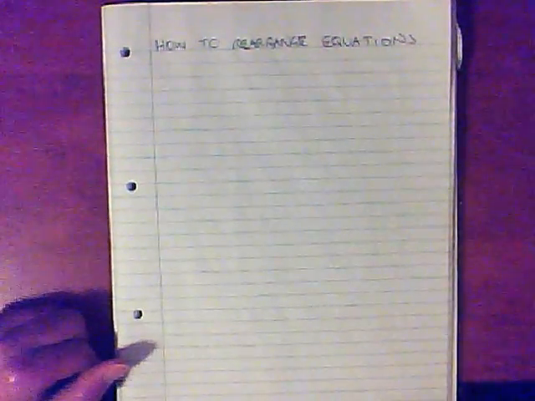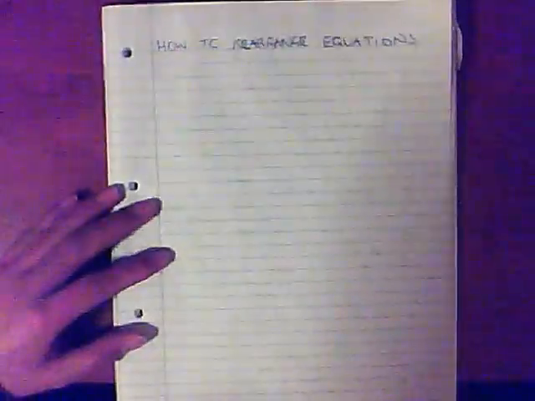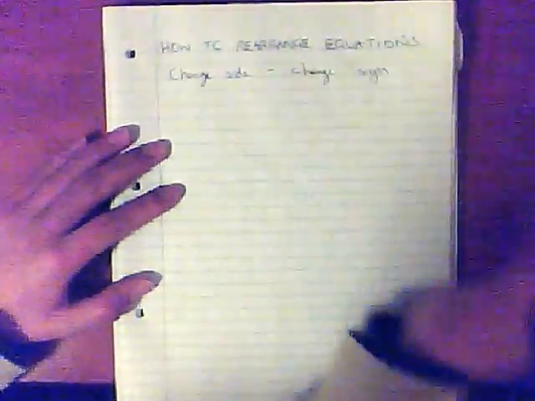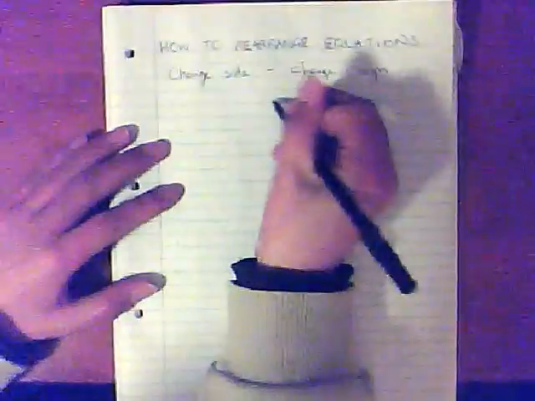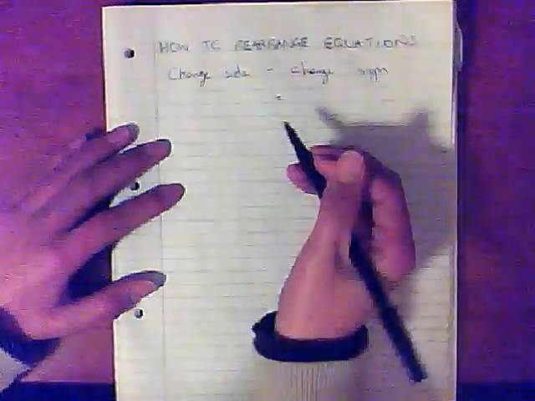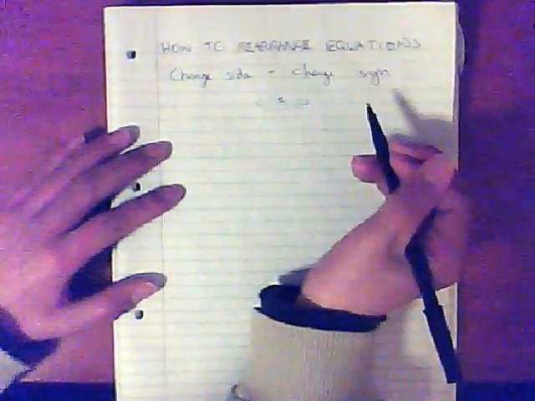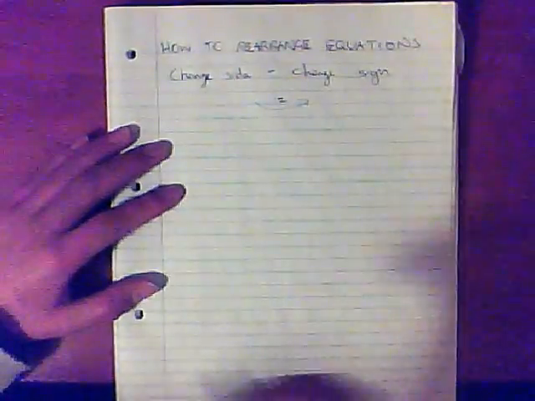Hello. In this video, I'm going to try and teach you how to rearrange equations. The way I was taught at school is to remember: change side, change sign. Now what that means is, there's an equal sign in an equation. If you move something from one side to the other, you have to change its sign, and it's just the